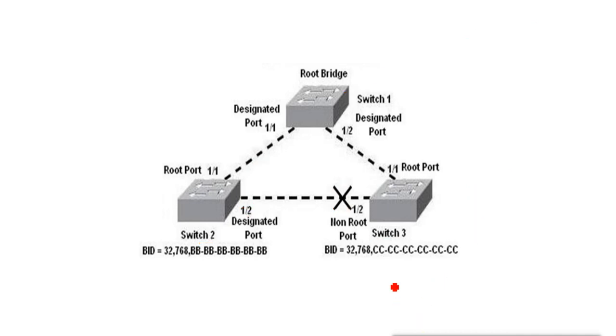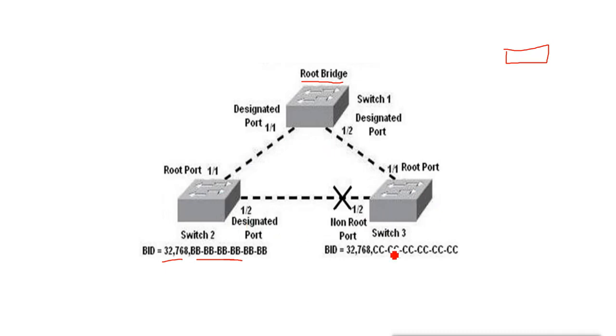Now the root bridge is selected based on what? First it checks the bridge priority, and then it checks the MAC address. Basically the bridge priority is the same for every switch, so basically the decision is taken by the MAC address. Sometimes this can be a problem. Suppose we have an old switch in our network that has only 10 Mbps ports, so it has a MAC address which is older than these new switches. These new switches have the latest MAC addresses.